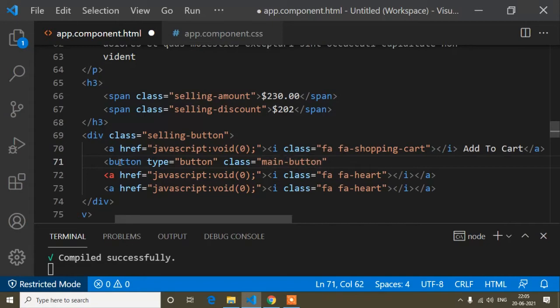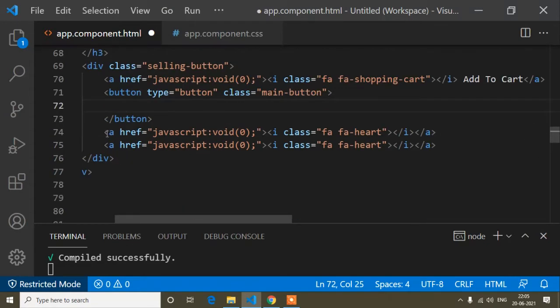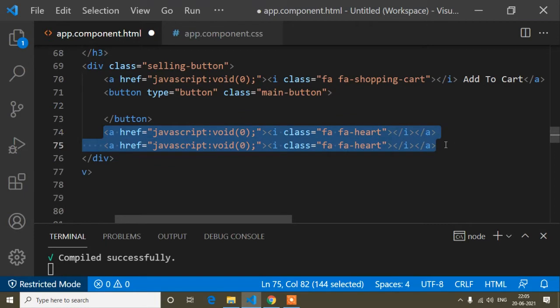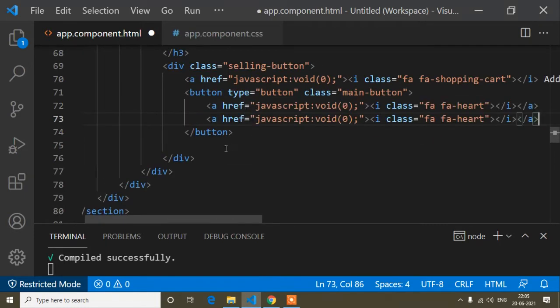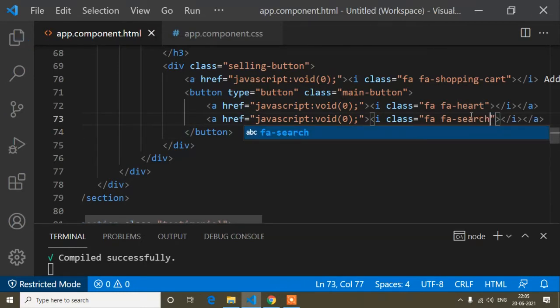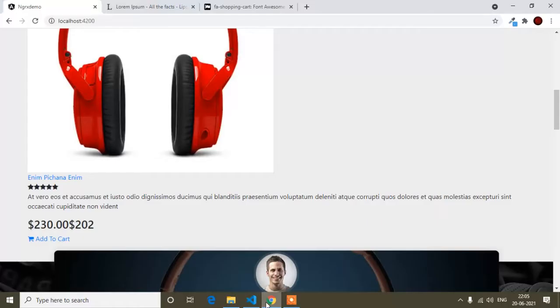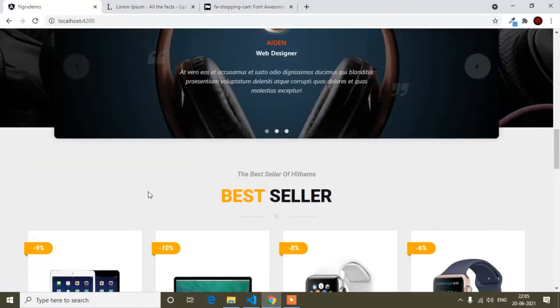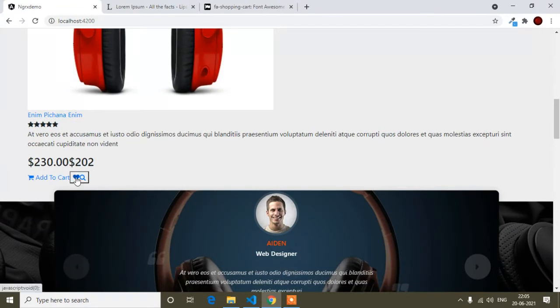Okay, inside this button I will cut from here and paste here, and instead of this heart icon I will add search. So save, and now if I refresh, you will find it's like this. So this is the main button, and here the heart icon and this search icon.